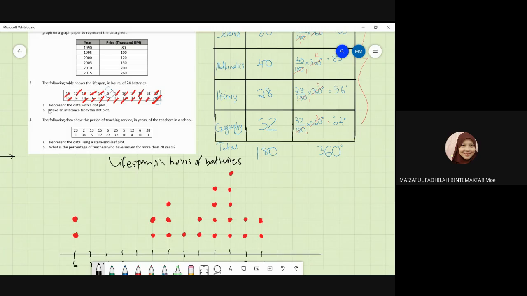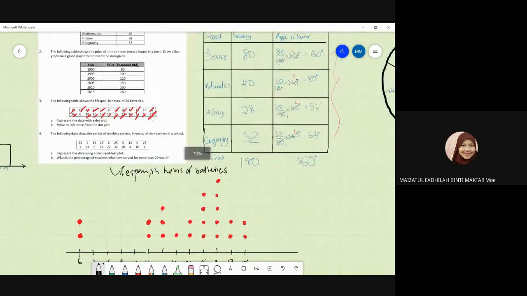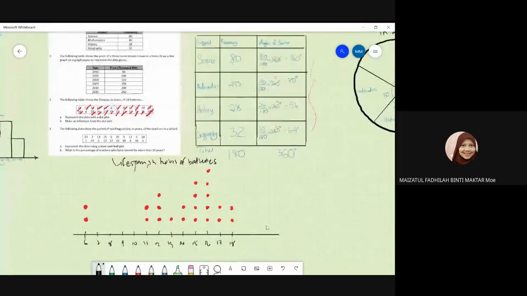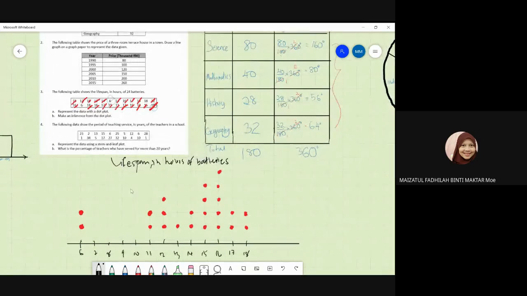Alright, then make an inference from the dot plot. You must define, okay, why they have batteries with a lifespan of only 6 hours, but none from 7 to 10 and 11 until 18. So it's not really an inference. You just see what you can see from this data, we can say, alright, most of the batteries, the lifespan is between 14 to 18. Because if you see one of